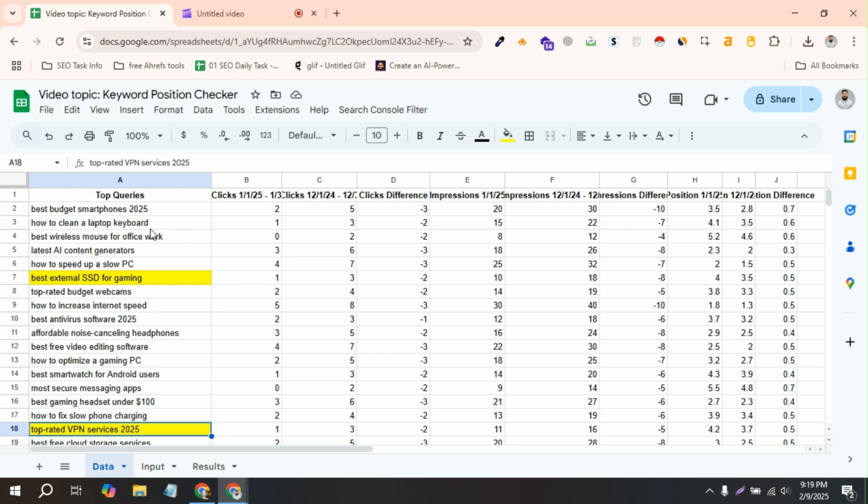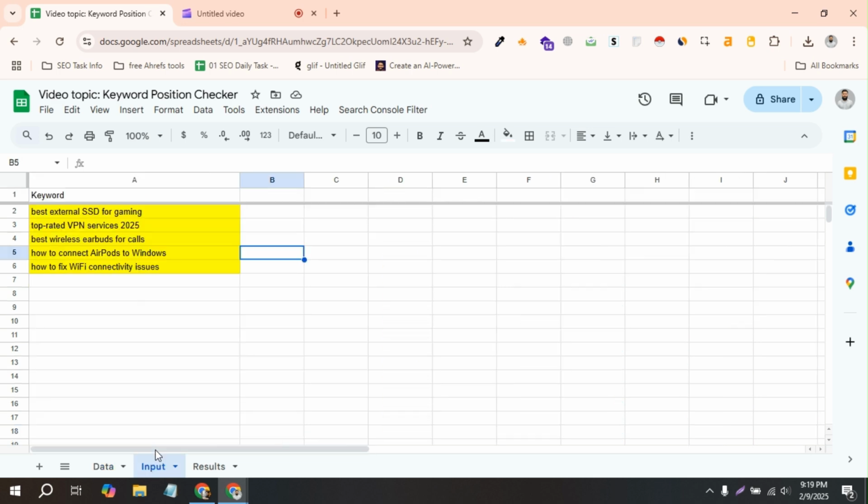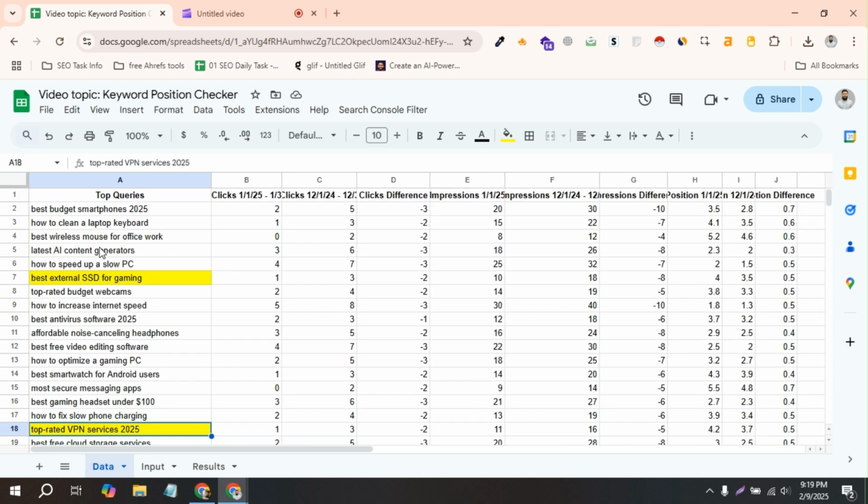So what I can do is paste my keywords in this input keyword tab. That is what I did. I just pasted those keywords in here. Then you have to paste or export your Search Console data in this sheet data tab. And in the result tab,